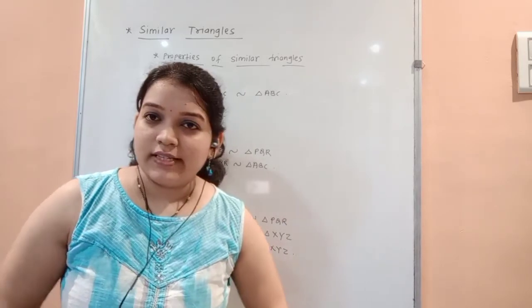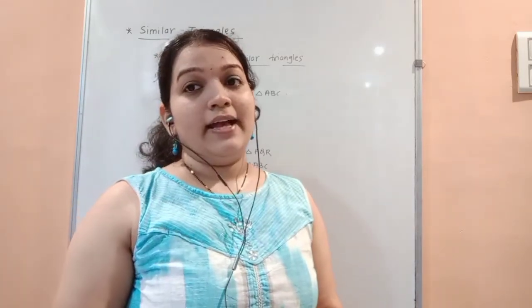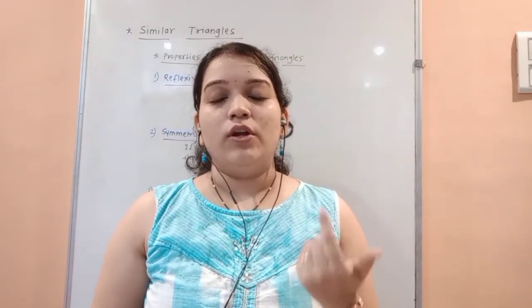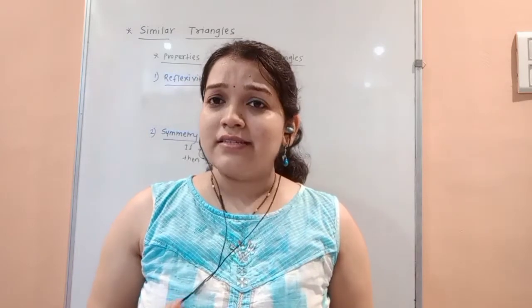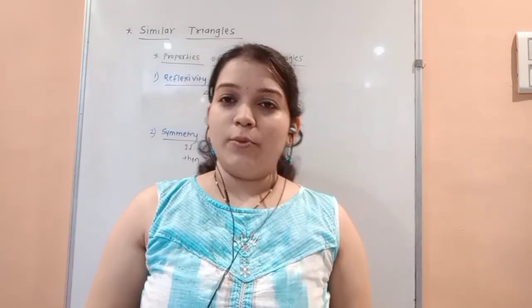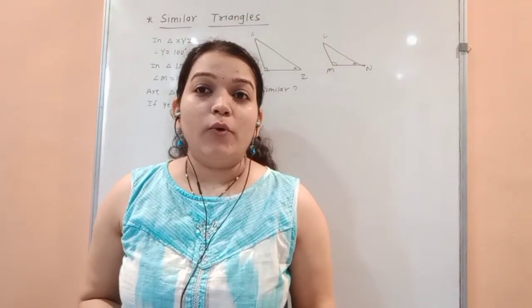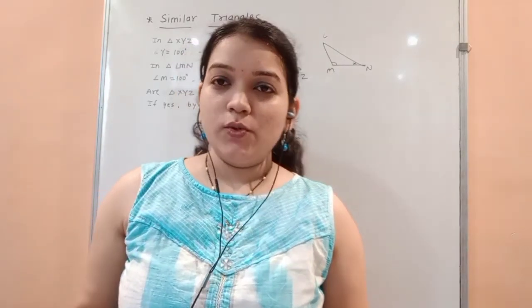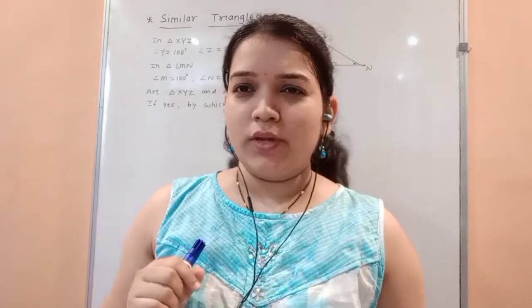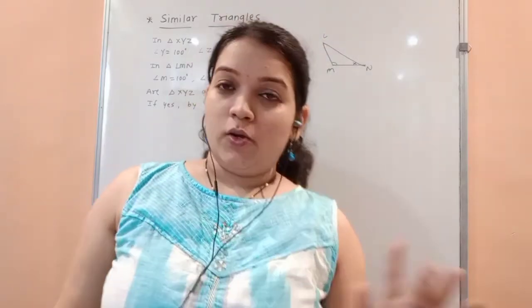So in today's lecture, what we have studied? Similarity of two triangles. Yes or no? Similarity means what? How we can say the two triangles are similar to each other, means tests of similar triangles and properties of similar triangles. Yes or no? I hope all the part is very much clear to you. So let's see some examples. Okay, examples are very simple. Okay, what is first question?